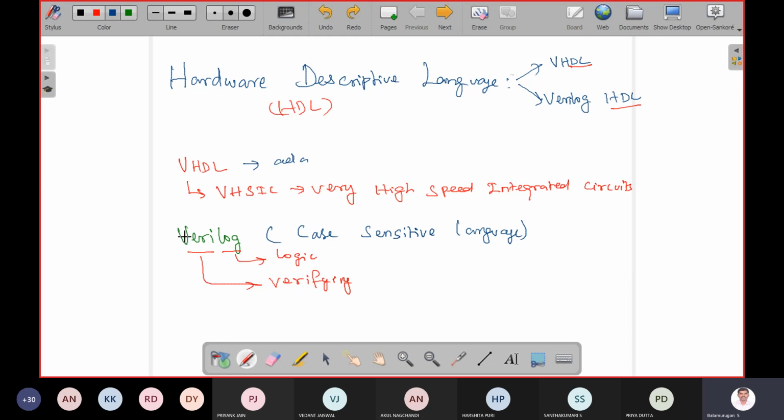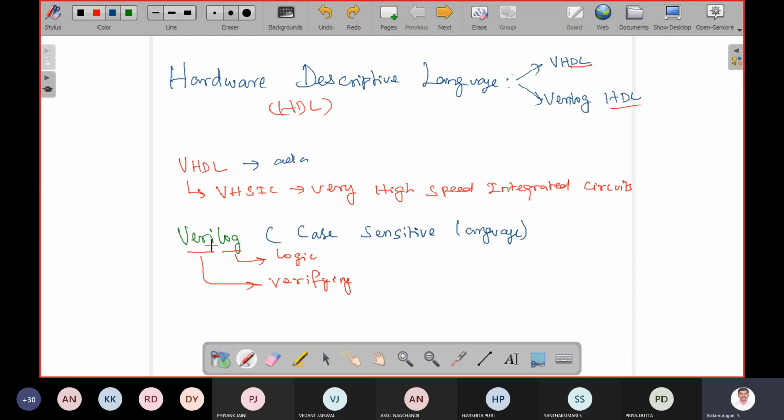But if you understand Verilog HDL code, then switching over from Verilog HDL to VHDL is easy for you. Here the Verilog HDL syntax is almost the same as our C language. Since you are already familiar with C, we are going to adopt Verilog HDL in our subject. For textbooks, my suggestion is Verilog Primer by Bhaskar.